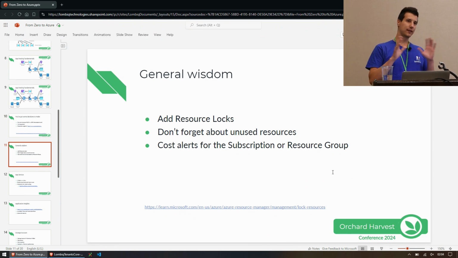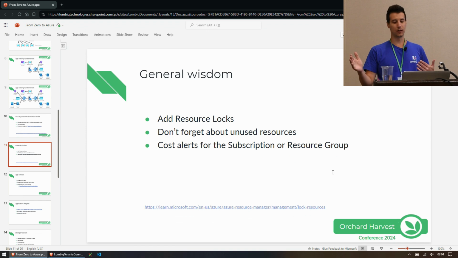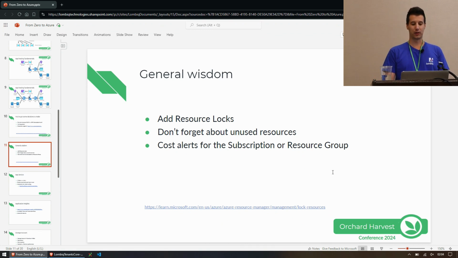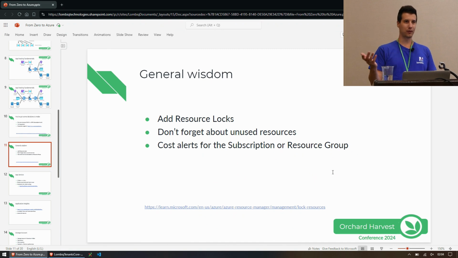And also, to help you with that and to avoid some unforeseen consequences, you can also set up alerts for the whole subscription or for a specific resource group. So if your usage goes above a certain limit, then you can receive alerts and act on it. And I don't know if there's a way in Azure to actually shut down resources when you reach a threshold, but it would probably be useful because